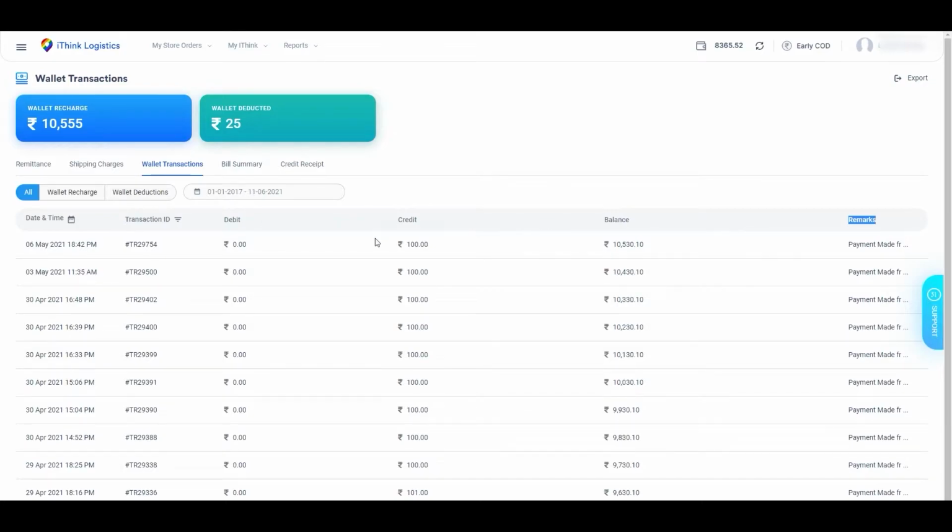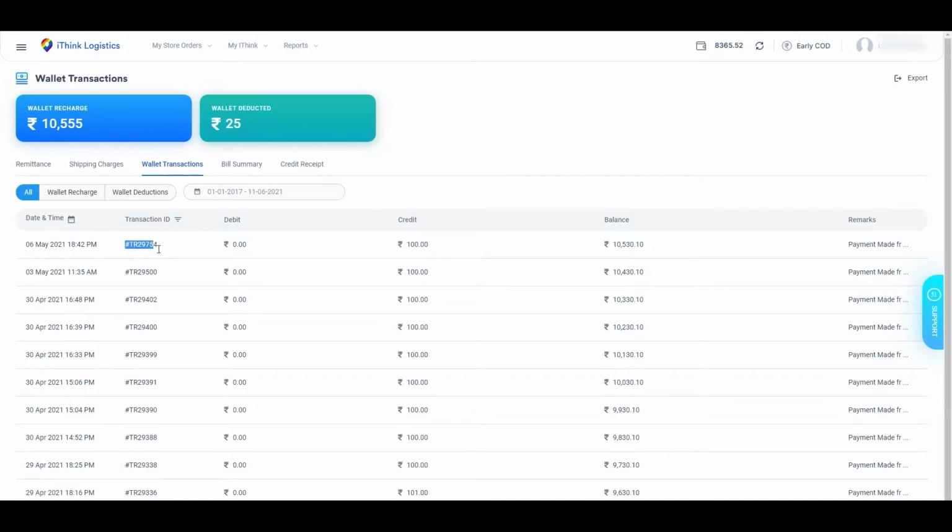Now, we are going to understand one by one the different information present in wallet transaction reports. In the date and time section, the seller can view the date and time information of any credit or debit amount. Every credited or debited amount has a unique ID. That ID is reflected in the Transaction ID section.